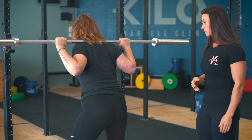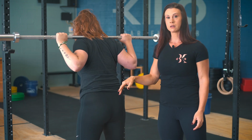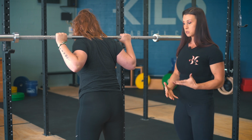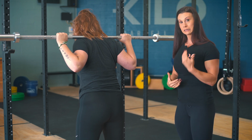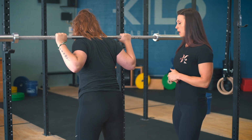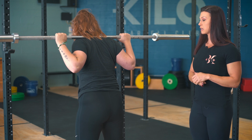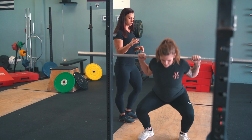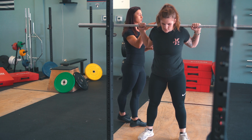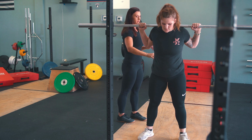As she squats, you're going to notice that her hip crease goes below her knee. That's what's called squatting to full depth. Generally speaking, most of us are going to want to be at least parallel. If we can get full depth, even better. And as she comes out of the bottom of the squat, she's thinking the exact same thing. So she's going to squat and then also keep the chest up and return to normal by bringing the hips